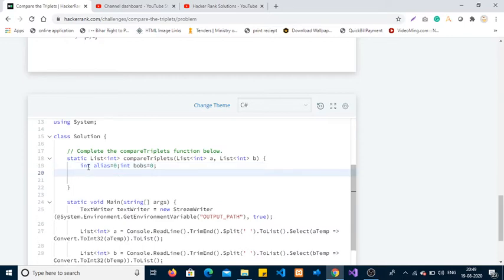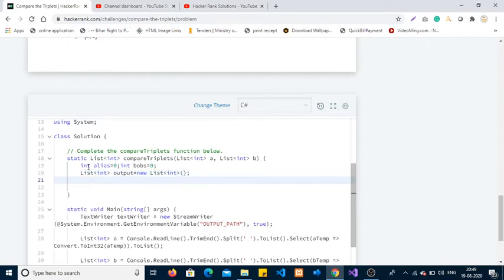Let me create a list variable because the return type is also a list. We'll call it output is equal to new list of integer.